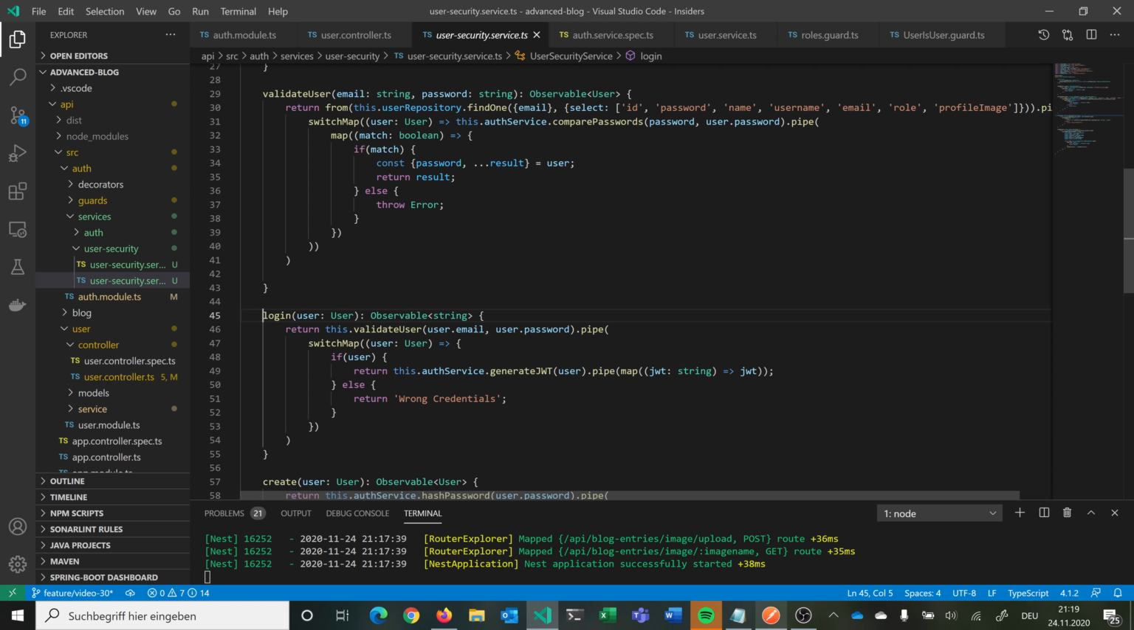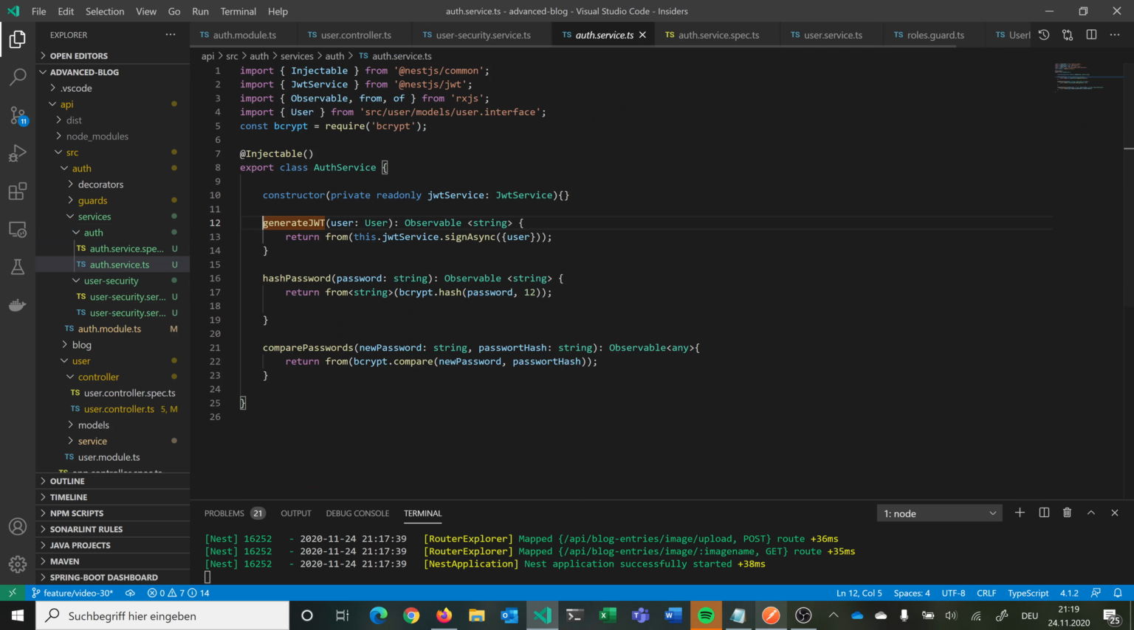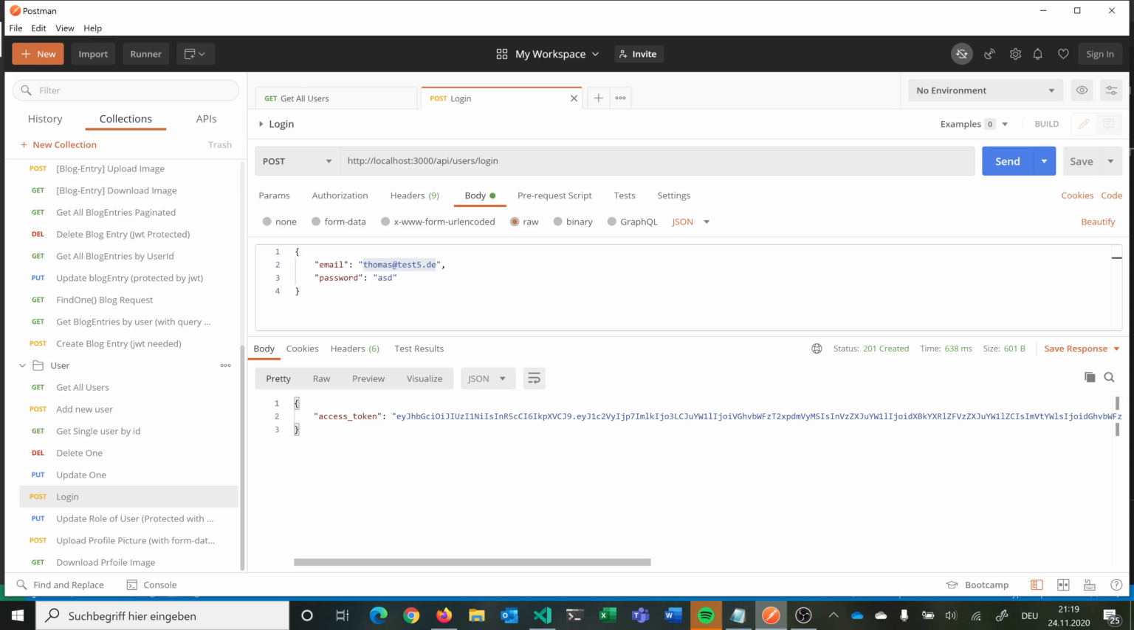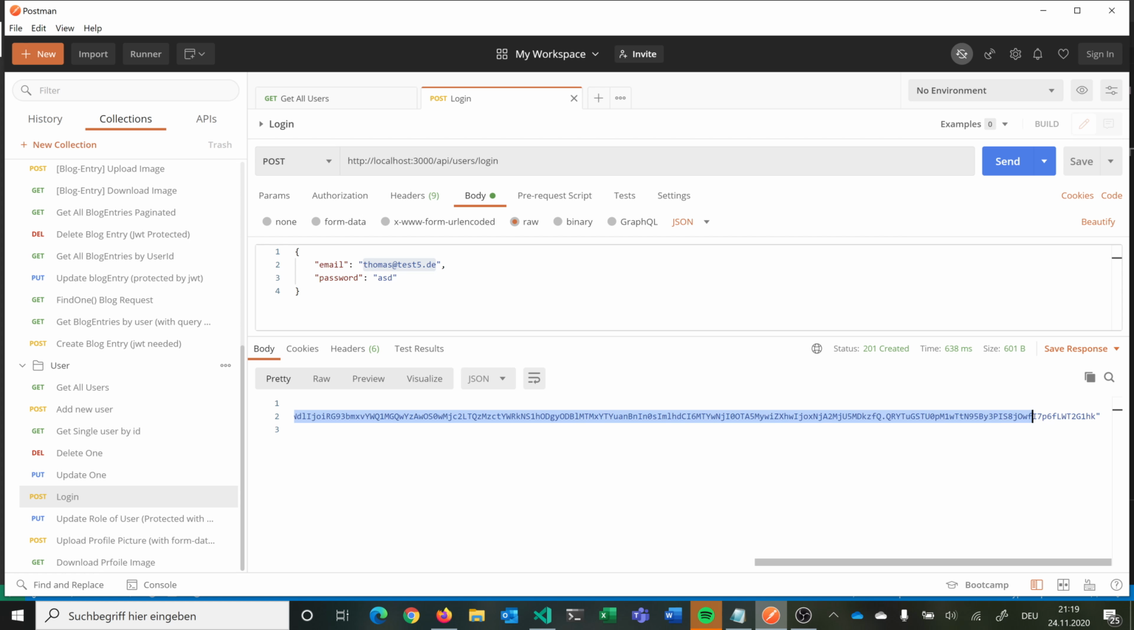So if this validating user returns the user, if this here returns with match the results of the user, then we use our auth service here to generate a valid JWT with the payload user, so my own user object. So for example, if I would copy this here,